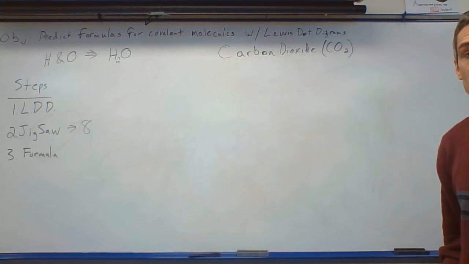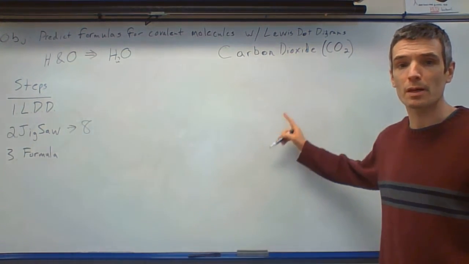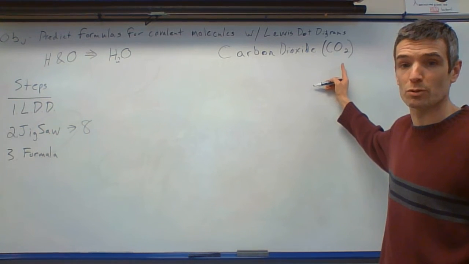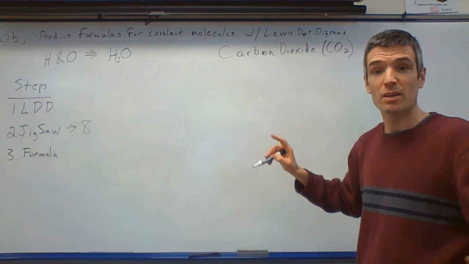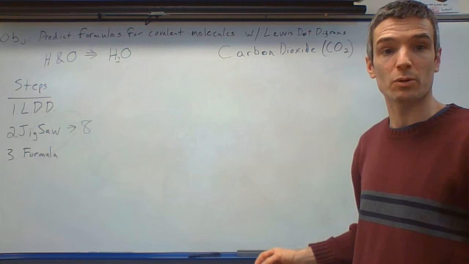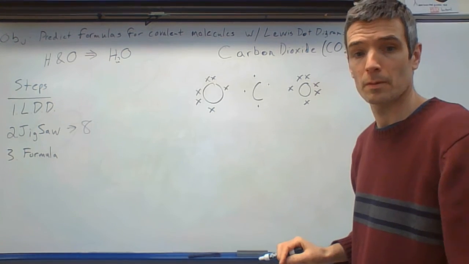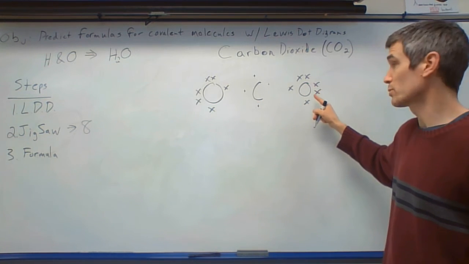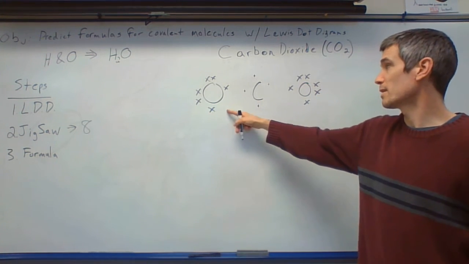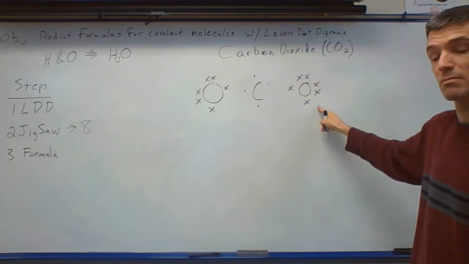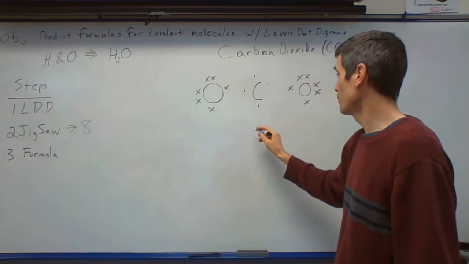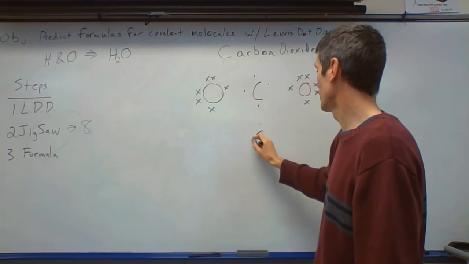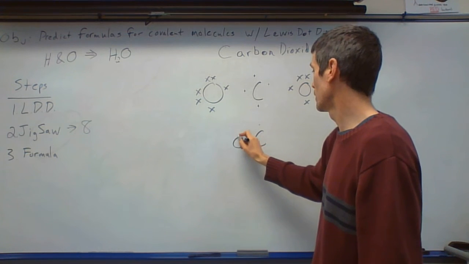Sometimes when you do these problems, you're going to have a formula. And the formula for carbon dioxide is CO2. What does it look like? All right? So the first thing I'm going to do is draw my Lewis dot diagram structures. My first step, like I just said, would be to draw my Lewis dot diagram structures. All right? Group 16, 6, 14, 4, 6. All right? Now I'm going to jigsaw them. So